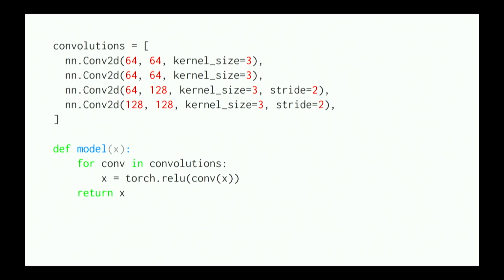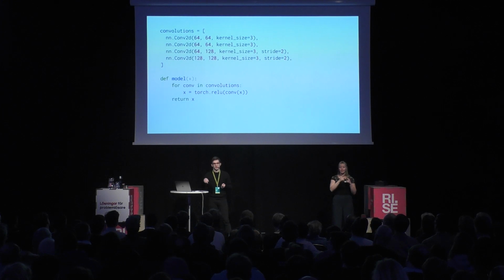As an example, you can have for loops as part of your program and have it be completely fine. This is a dumbed down version of the network I've been talking about. If I were to implement a network like this, I would probably just have a list of those blocks. I don't want to get into the details of what's on the top of the slide, but every single element of this list is a single block that you saw in the picture a moment ago. And then the whole model would just iterate over those blocks and apply them in a sequence, right? And if you were to trace it, it would actually evaluate to something like this,